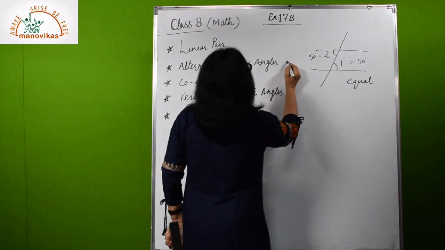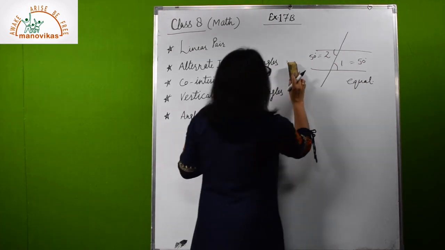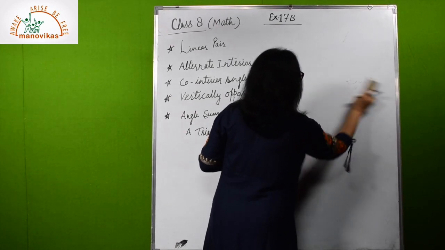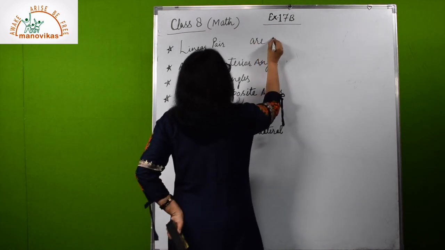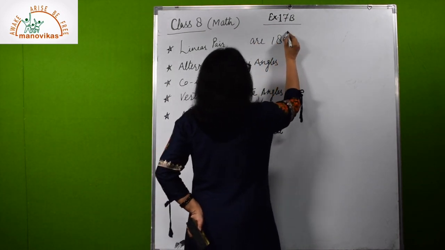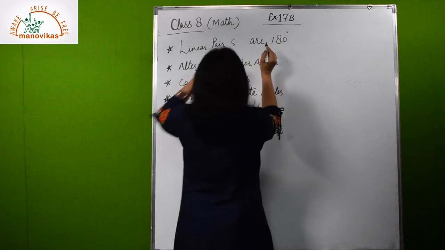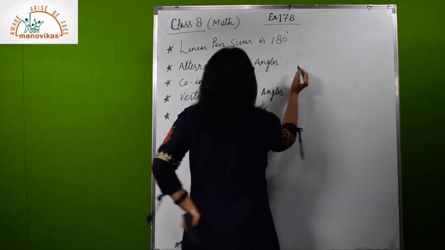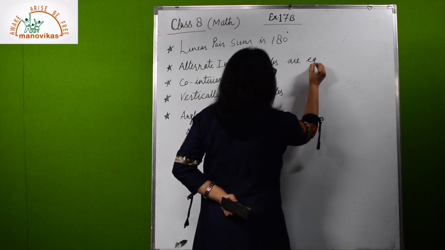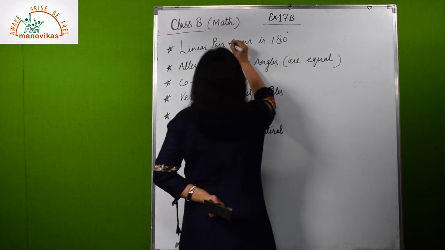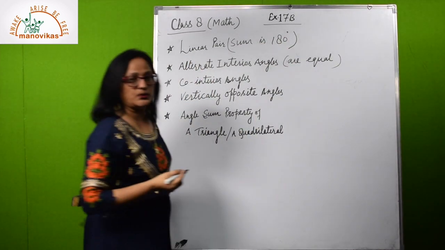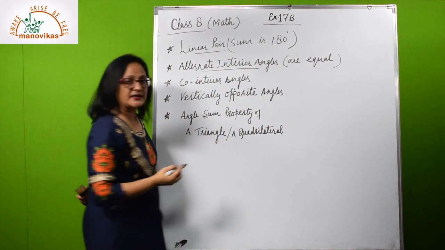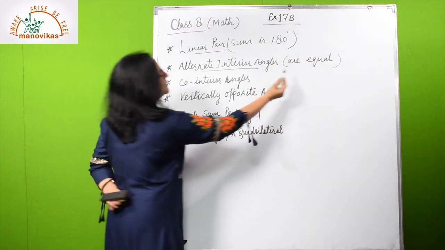So here I am writing the properties also so that you can remember. So second type of the angle that you have to consider is alternate interior angles. So linear pair, for your reference I am writing here, linear pair sum is 180 degree. Alternate interior angles are equal. These properties you have to use. This I am writing in the bracket so that you will remember them. So first thing, linear pair you will check. Second thing, if any alternate interior angle is formed in the given parallelogram, so you will use this property.